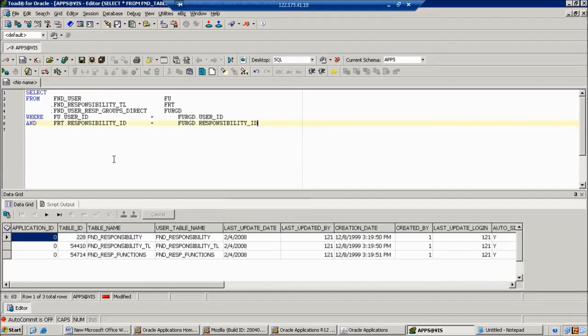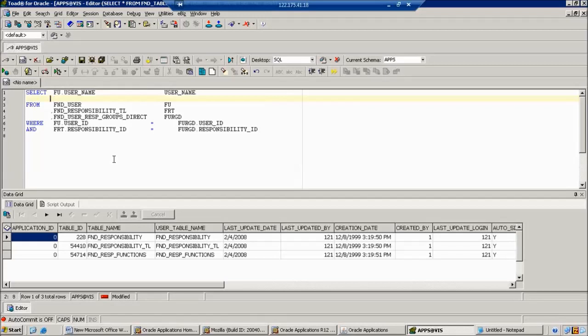So once this is completed, now we are going to check. Here we give our user name. Suppose I want to retrieve the user. Suppose, for example, here I am giving just username and FRT dot responsibility name.